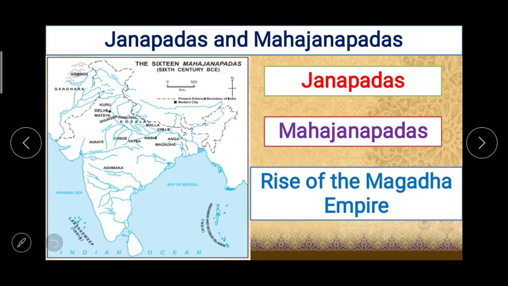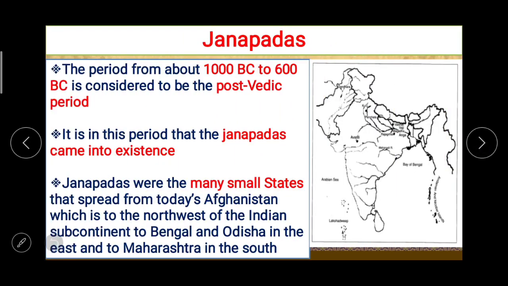Now here on the screen, as you can see, there is a map given in our textbook about the 16 Mahajanapadas of the 6th century BCE. You can directly circle, or by observing the map, study or list the names of all these 16 Mahajanapadas. So the first point, Janapadas, the period from about 1000 BC to 600 BC, it's considered to be the